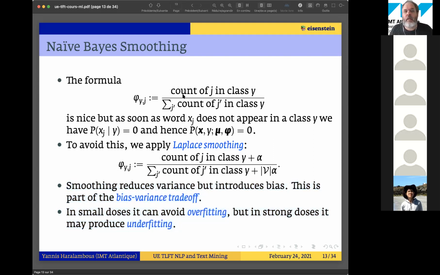And here it's a typical example. Without smoothing, if in my individuals, so in my set of documents, I happen to have a document with a word not appearing in a class, then immediately this probability is 0. So it's not small, it's 0. This means that appearance or not appearance of this word will change a lot the model. And this means that we have high variance. This is not the case anymore with smoothing, so smoothing reduces variance.